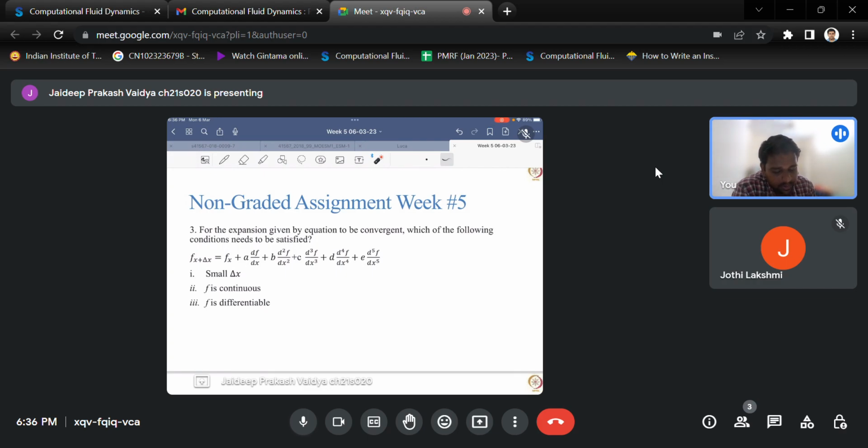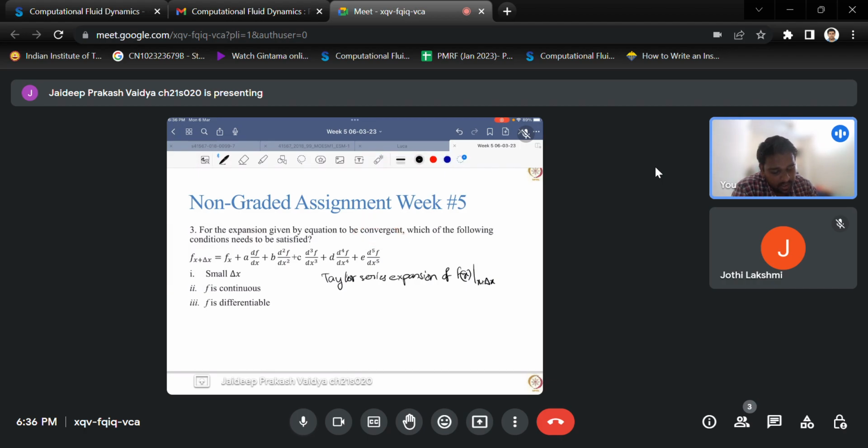Moving on to the next question. For the expansion given by this equation to be convergent, which of the following conditions needs to be satisfied? This is a very direct linear Taylor series expansion of f of x at x plus delta x. So for this equation to be convergent,